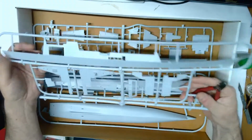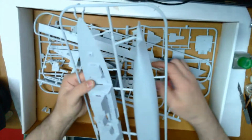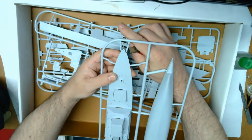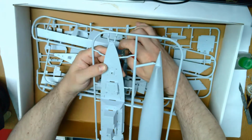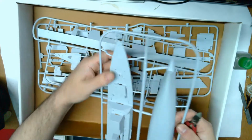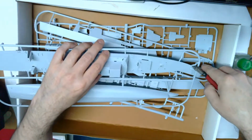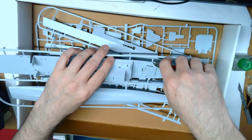So what I'm going to do is just take out the main hull components to start with and clean those up. Nothing special here. The one thing is, obviously I'm using single bladed nippers, and this Airfix plastic is quite nice and soft. Generally, when I'm taking out a big piece like this,